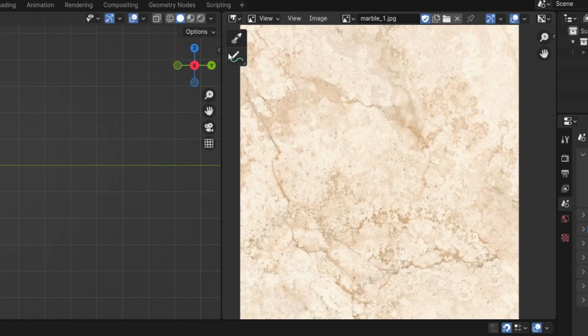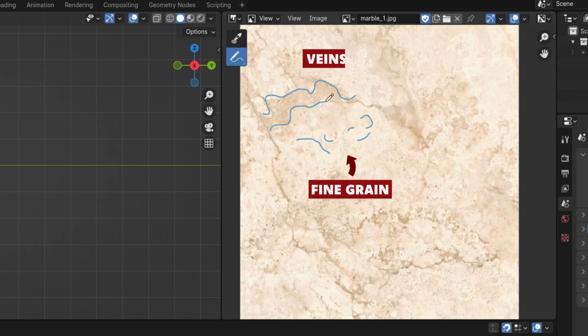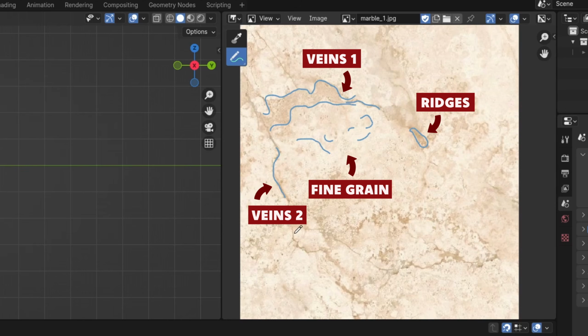This reference here in particular will be, at least at this stage, our benchmark, so let's take a quick look at it. First, a sort of diffuse fine grain is separating the base color from what we could consider to be a first kind of color variation. Then, on a darker tone, we can observe more compact and elongated shapes that represent a first type of marble veinings, and within these veins, at their core, an even darker shade that I refer to as ridges throughout the video. In addition, a second type of veins, quite thin and even more compact than the first type, is running transversely across the material. These are the four main types of patterns we will need to get started with a base marble material,